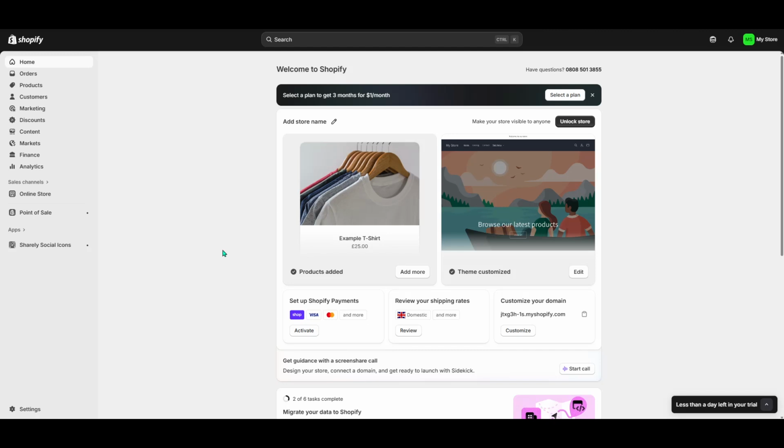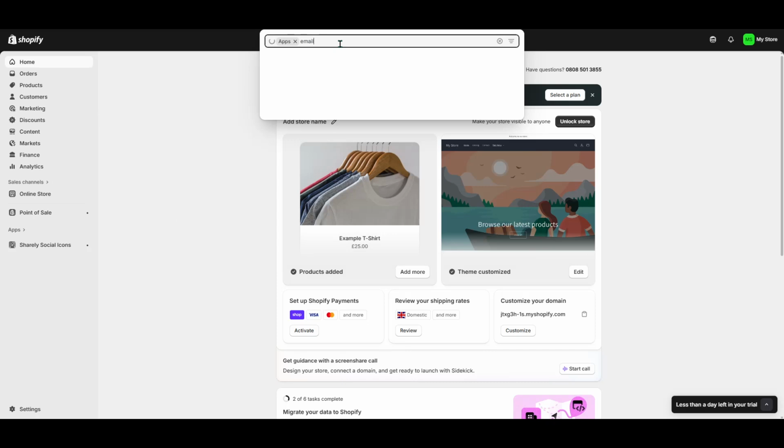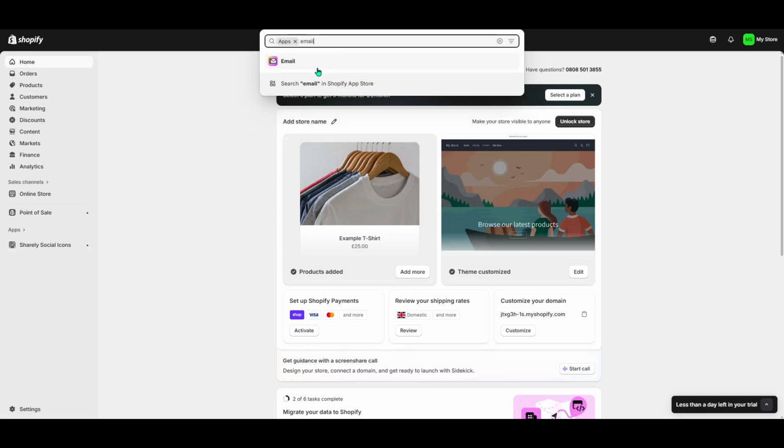First things first, you'll want to have your Shopify dashboard open. Once you're there, take a look at the left-hand panel where you'll find a section labeled Apps. Go ahead and click on it. Now, in the search bar, type in email. You're specifically looking for the email app that's been created by Shopify, so keep an eye out for that